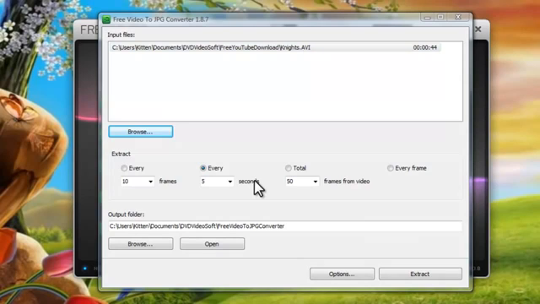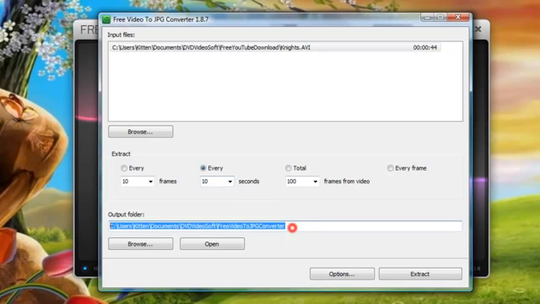What I want is to make screenshots of the video every 5 seconds. You can do whatever number of frames that you want, or you can just say I want a total of 100 snapshots from this video, or you just want every frame. This will be ridiculously long depending on how long your video is. You'll have many image files, every single frame as a JPEG. So you can try it if you like, but I just want every 10 seconds. And once you're ready, just